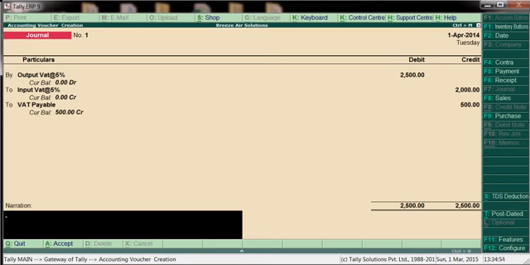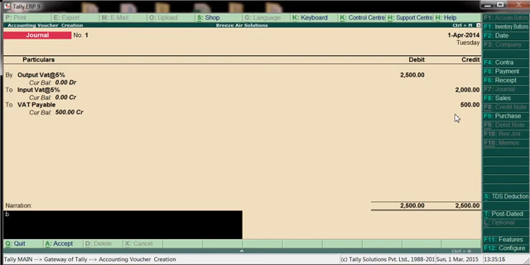If output VAT is more than input VAT, we have to pay the tax. If input VAT is more than output VAT, that value will carry forward to next month, and next month will adjust against VAT payable. Here we have to pay VAT.